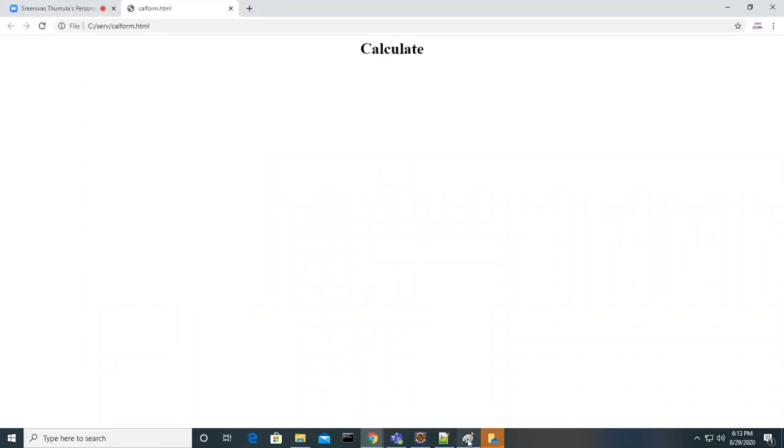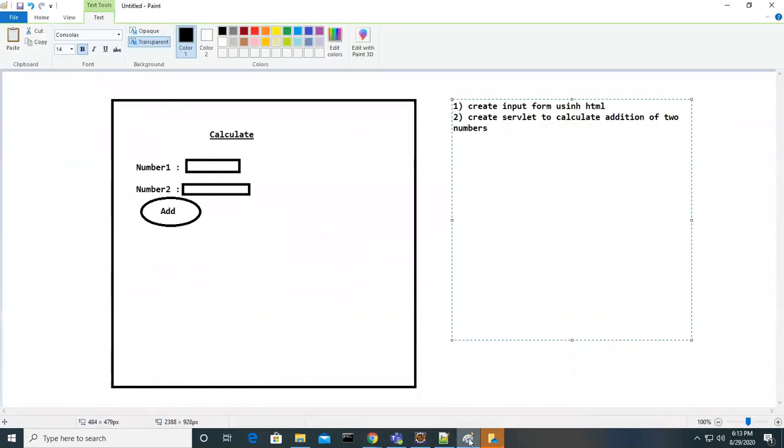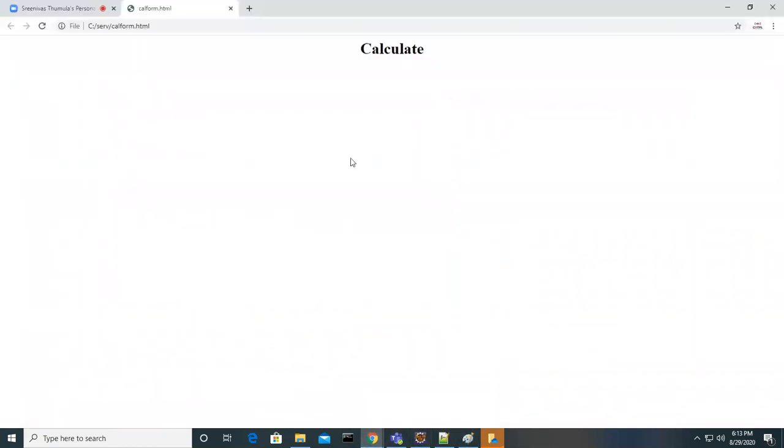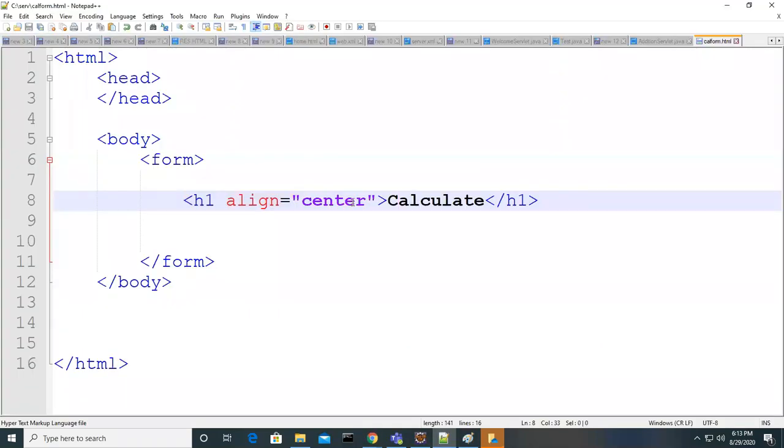As I designed here, I want some underline there. If you want to do that, do you know what is the tag you have to use? The u tag. So this is the tag I can keep here. So we can use it.